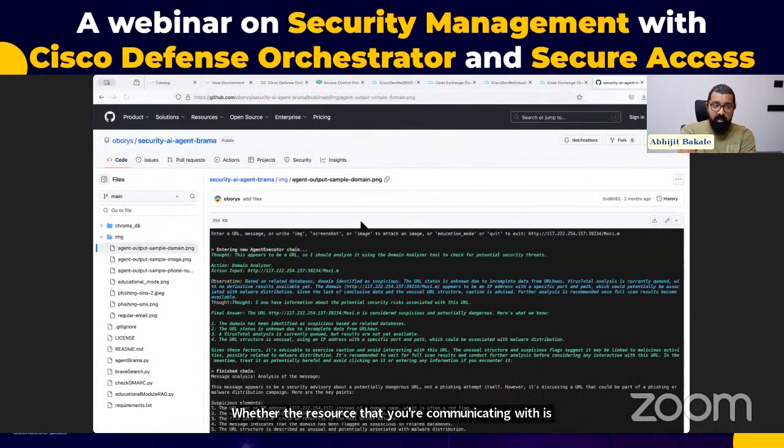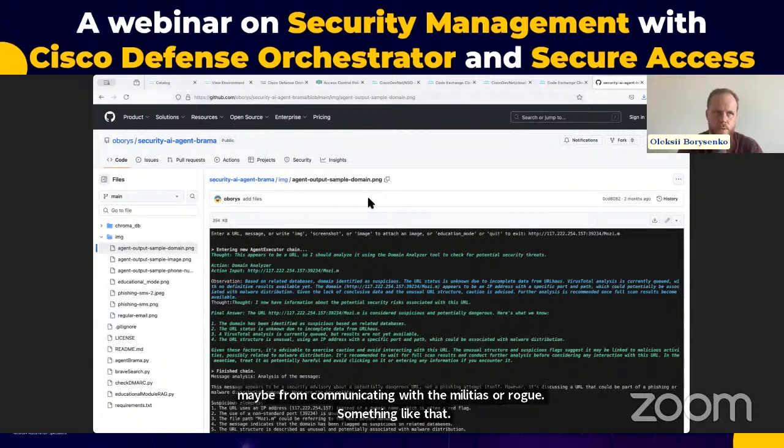Is it safe to say, I may be wrong, that this AI agent looks into the same database and gives you information in real time so that you can be saved from maybe being hacked or attacked or from communicating with a malicious or rogue target, something like that? Yeah, we retrieve information from